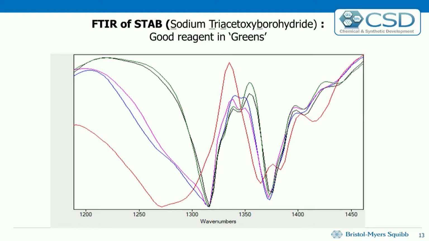And you can see here just the simple FTIR spectra of sodium triacetoxyborohydride. And there's a couple of lines in here, spectral bands, which are listed in green. They're the color green. Those were quality material. The other ones were also purchased lots which did not behave properly. In other words, the reaction did not go to completion. There were issues with the quality of the material, side products, etc. So what that shows you here is we can take a quick scan using FTIR and look at the quality